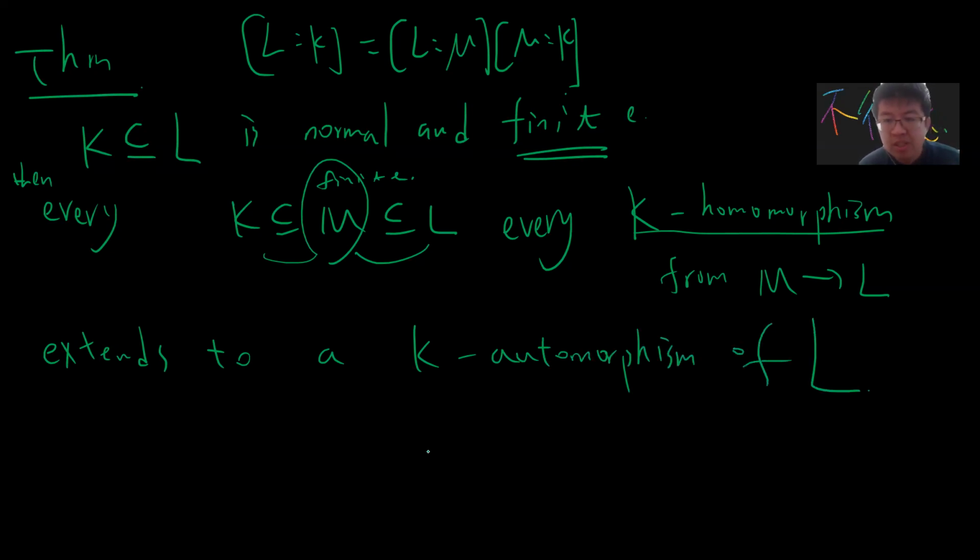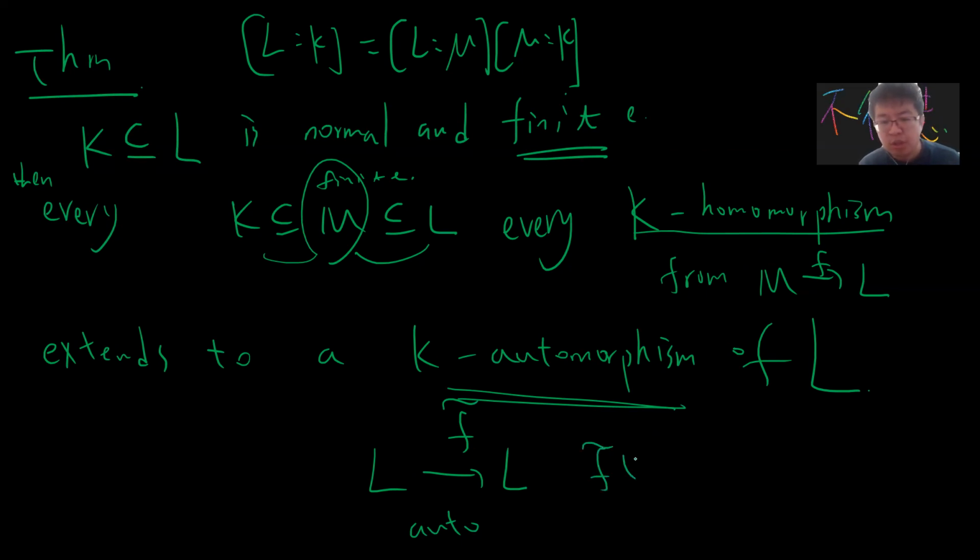of L. So basically, if somebody gives you F from M to L, there is an extension F tilde from L to L, which is an automorphism. It's a K automorphism. K automorphism means that F tilde is one-to-one, onto, and a homomorphism, and that F tilde of X equals X for all X belonging to K. So basically this normal extension is powerful: if you have any intermediate field which maps from the middle to the larger field, then you can extend it into a K automorphism from L to